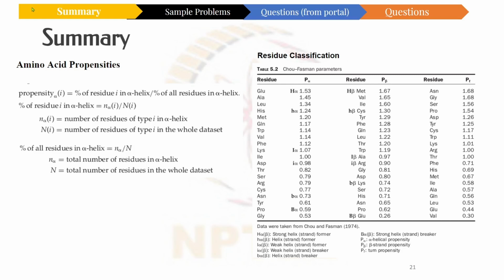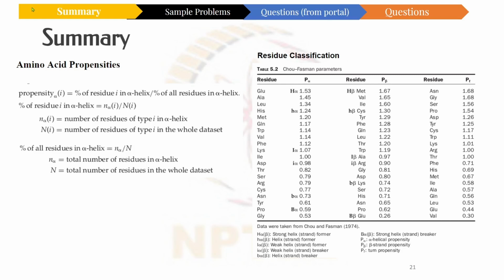That forms the numerator. Then the percentage of all residues in alpha helix, where this value represents the proportion of all residues found in alpha helix. It is computed by dividing the total number of residues found in alpha helix by the total number of residues in the entire data set. So based on these propensity values observed in the experimental structures, Chow and Fasman have